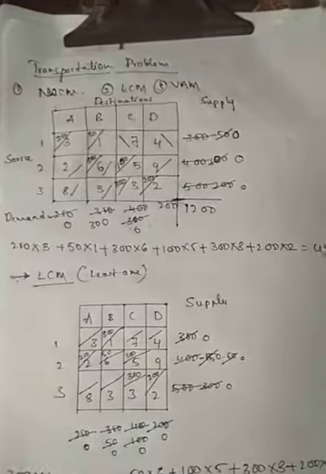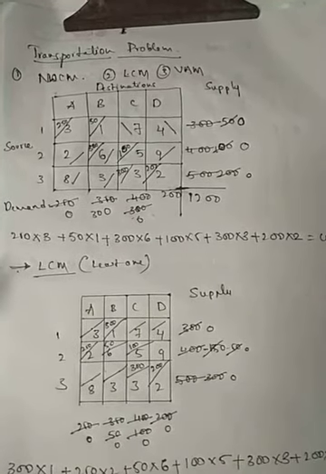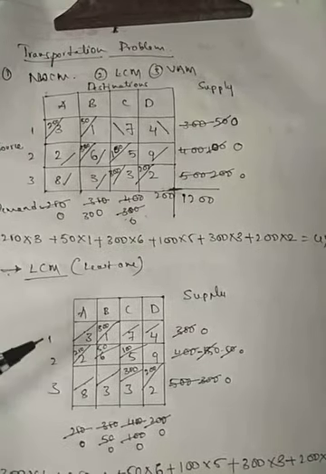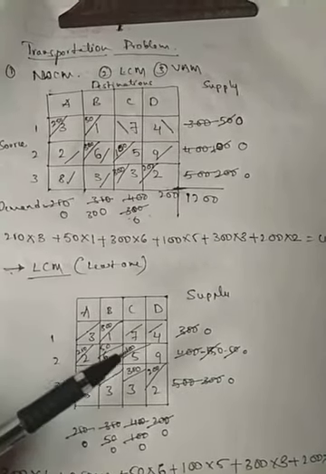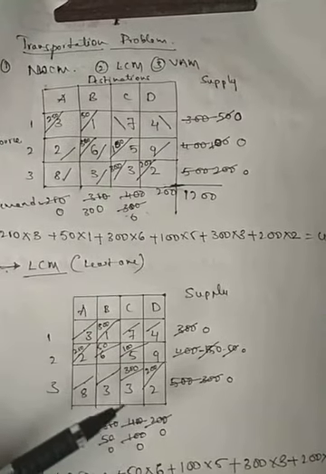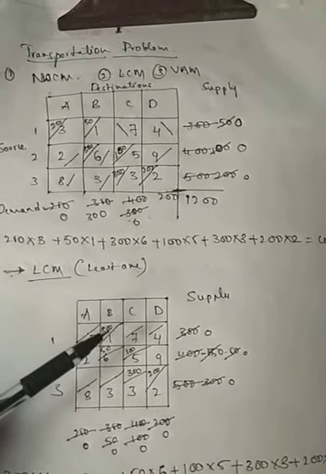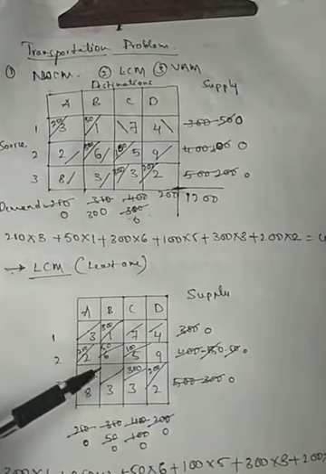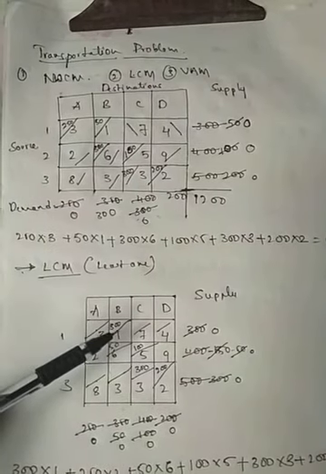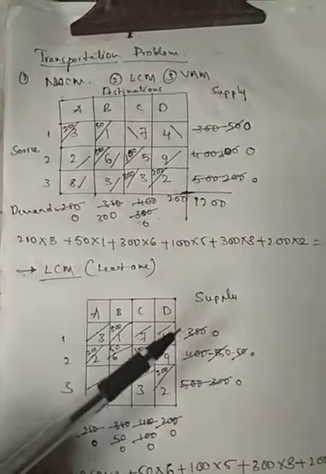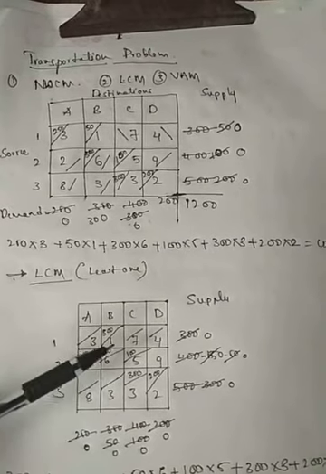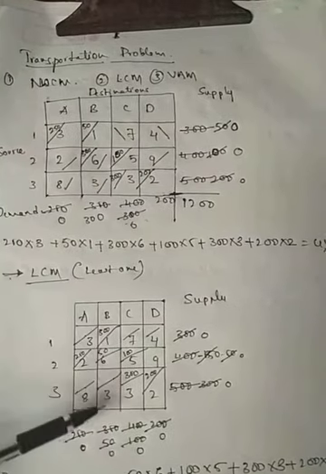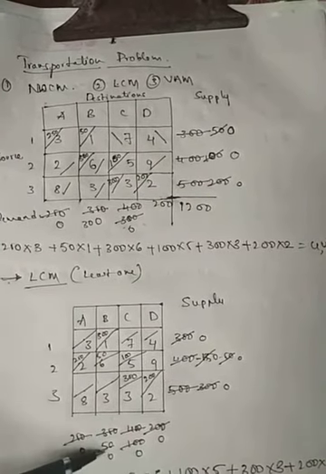The next one is the LCM method, that is least cost. Least cost means we have to choose the least number in this method. Here the numbers are 3, 1, 7, 4, 2, 6, 5, 9, 8, 3, 3, 2. Okay, here 1 is the least in this entire set of numbers, so we have to choose it. Supply is 300 here and demand is 350, so supply is least, so I have to select the 300 and allocate 300 here. So 350 minus 300, we get 50 only.